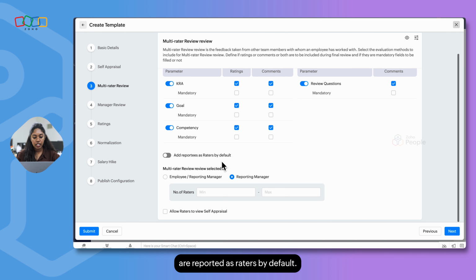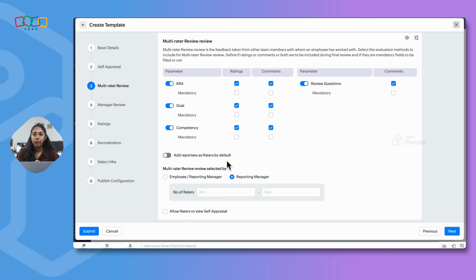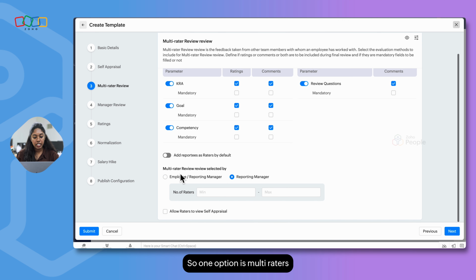add reportees as raters by default. So when it comes to multi-rater review, the important part is about who will be considered as the multi-rater. So for a particular employee, there should be a selection. So who will be doing this selection? So one option is multi-raters can be selected by the reporting manager or by the reporting manager and the employee.